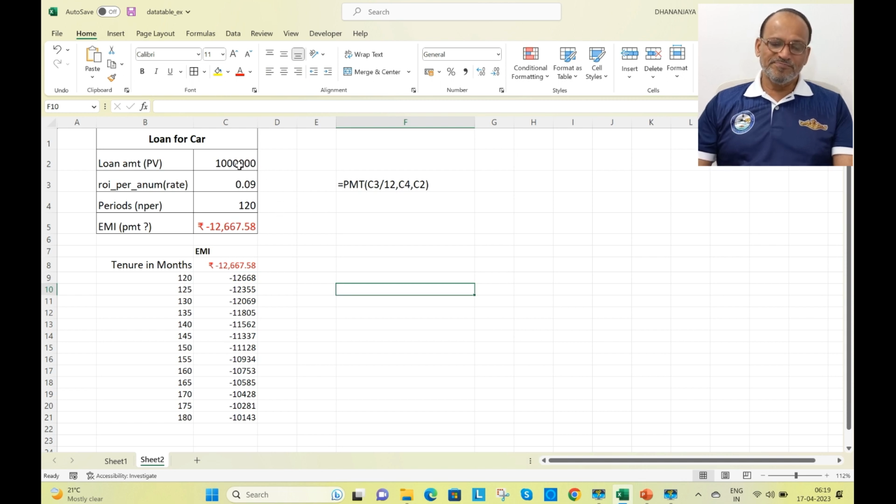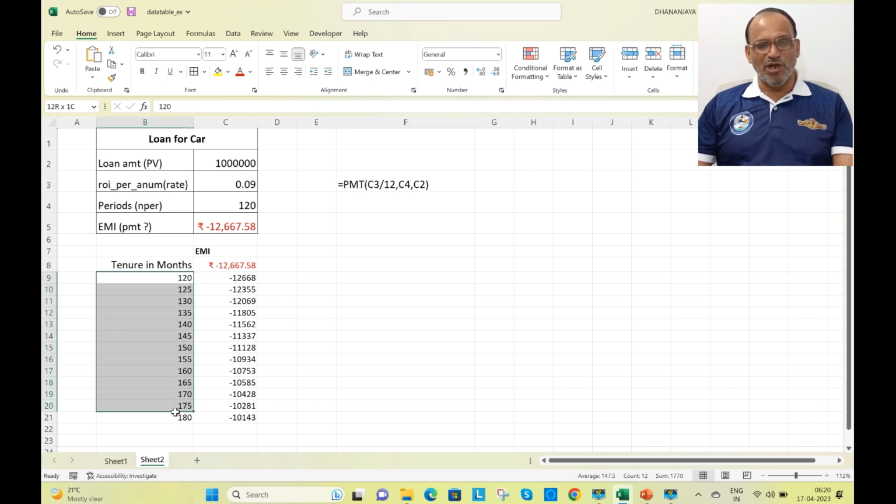What about changing of periods? You could change the periods, which we have already changed. Parallelly, you could change the loan amount also. Suppose you wish to change the loan amount, like instead of 10 lakhs, you can have 12 lakhs, 13, 14 lakhs, 16 lakhs, 20 lakhs, and so on. It's also possible. Actually speaking, here we are varying only one thing, so it is called a one variable